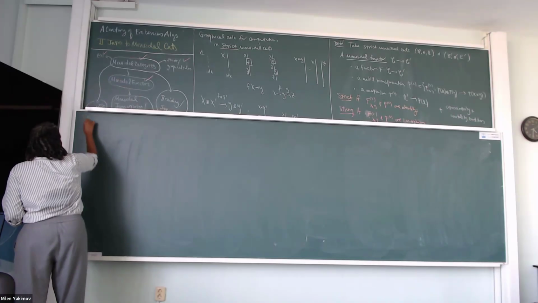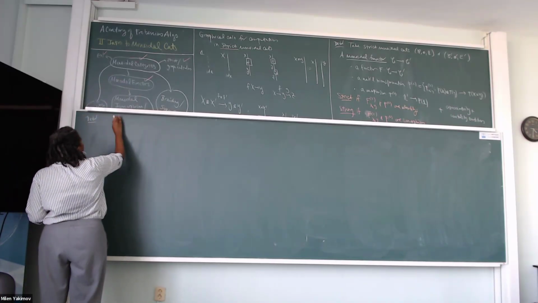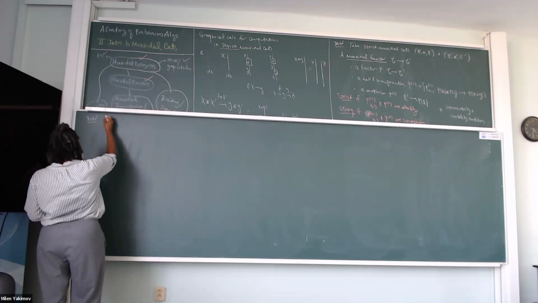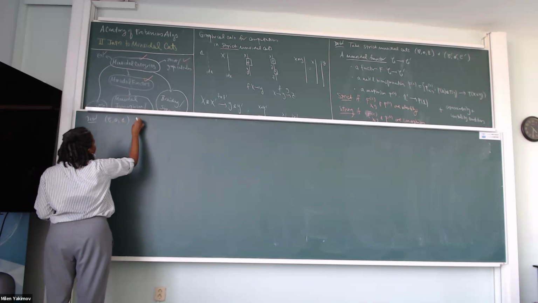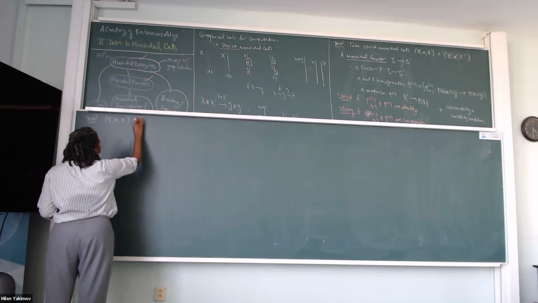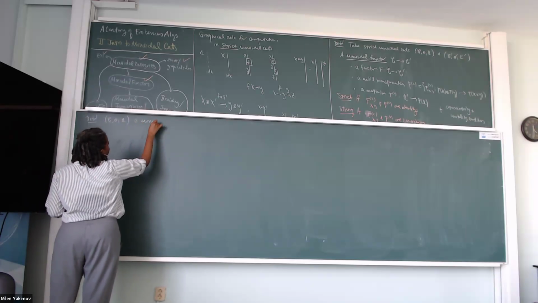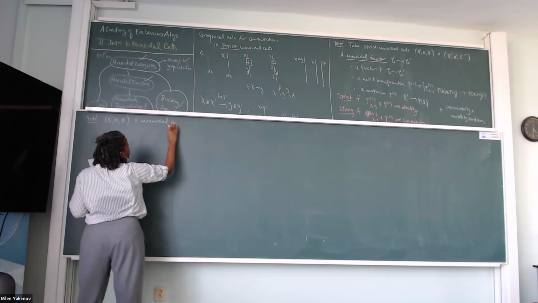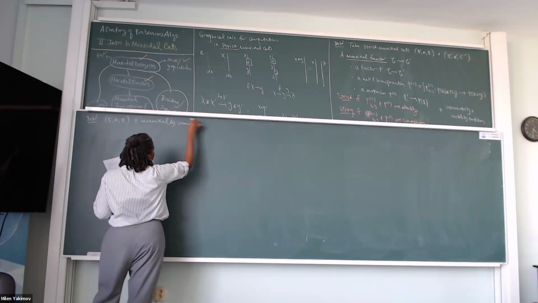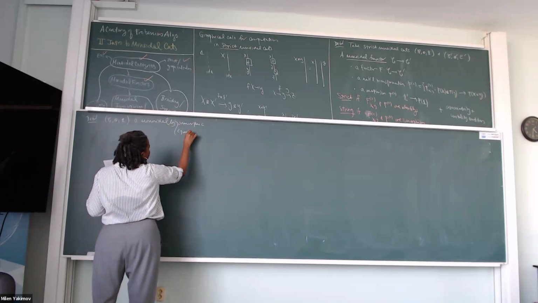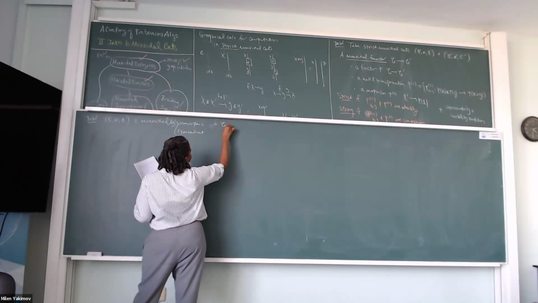So, if I have two monoidal categories, this one is monoidally isomorphic or equivalent to another monoidal category